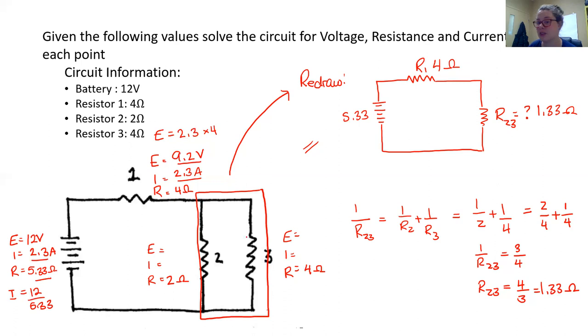Okay, now if we continue with that current, we get to this point and the current splits. You don't know how much current goes in each branch, so we're kind of stopped. Could we figure out the voltage on each branch? Well, we know the voltage, so I'm going to put voltage in here. We're going to say E is equal to 9.2. So at this point, if we were going through this circuit,